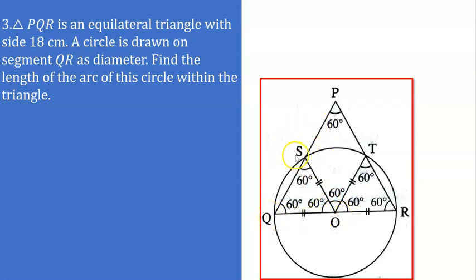If we consider the triangle SQO, this is an isosceles triangle. And in an isosceles triangle, as these two sides are equal, their base angles are also equal. But we know that Q is the angle of this equilateral triangle. The measure of angle Q is 60 degree, and therefore the measure of angle QSO is also 60 degree because they are the angles opposite to congruent sides. Therefore the measure of this angle is 60 and the measure of this angle is also 60 degree.